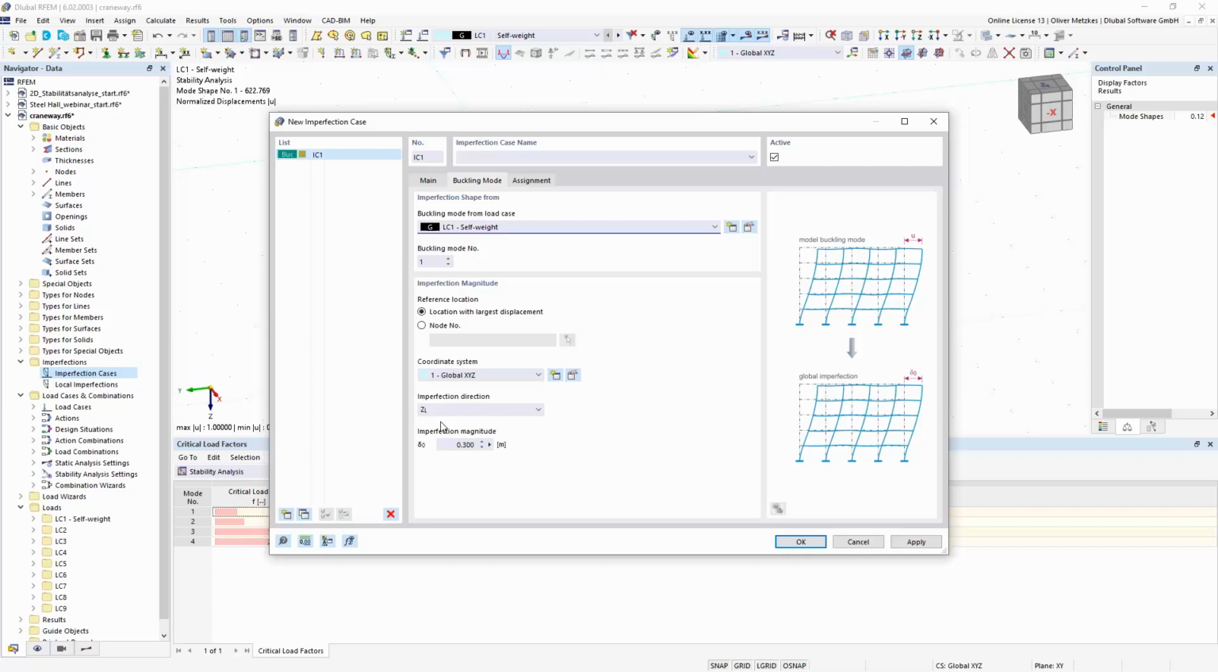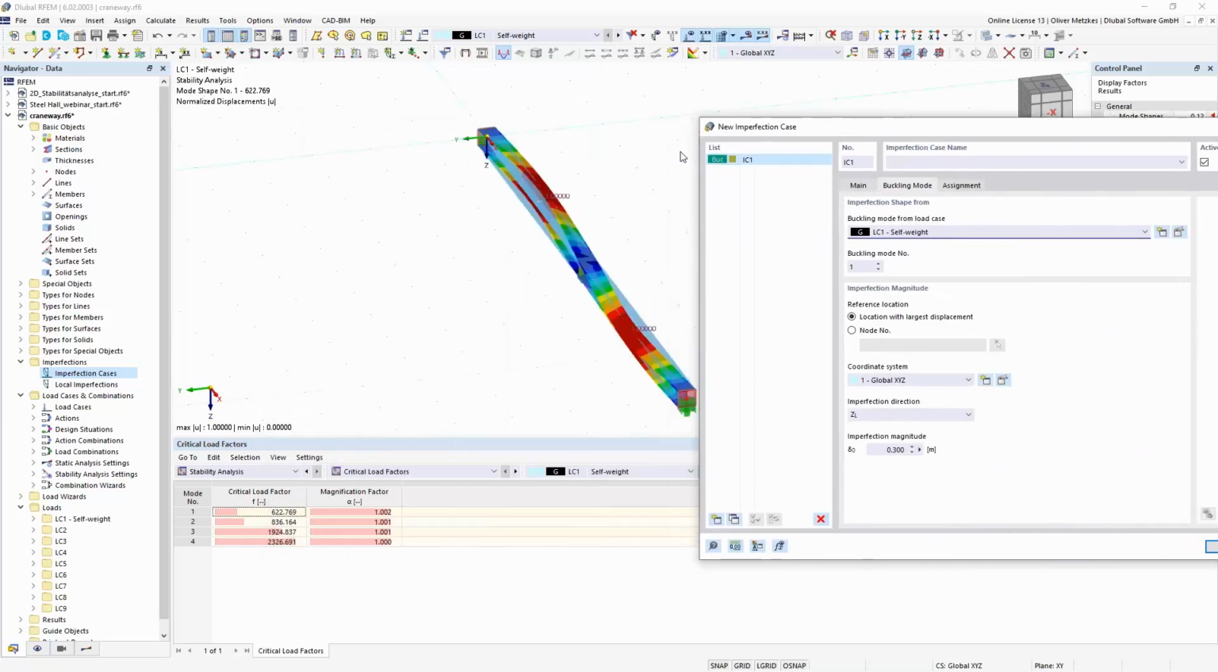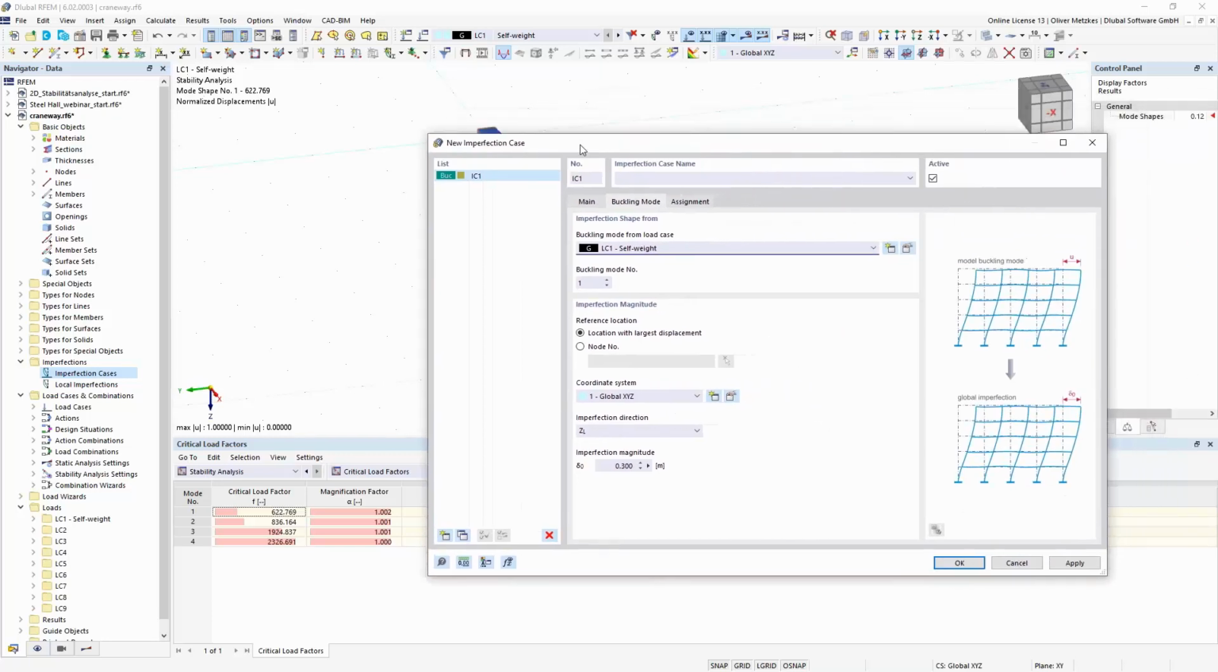So in my example, as an imperfection value, I can use 1 per 200 of the reference length, which would be between the fork supports in this example. So this length and 1 per 200 of this length will be the imperfection value that I would need to use here. It also depends on the national annex for the Eurocode. So it's always important to look at the national annex of your country so that you can set the correct